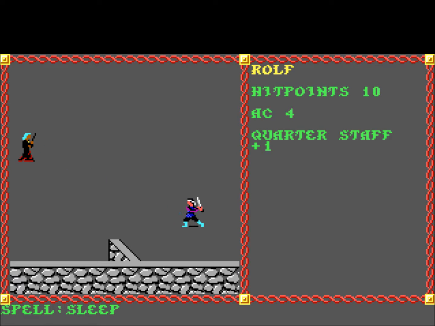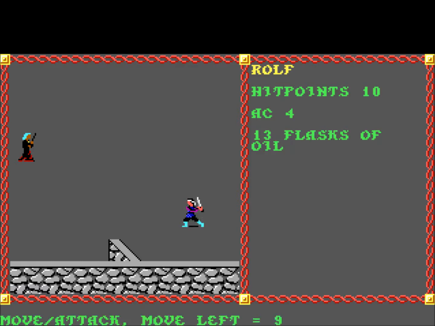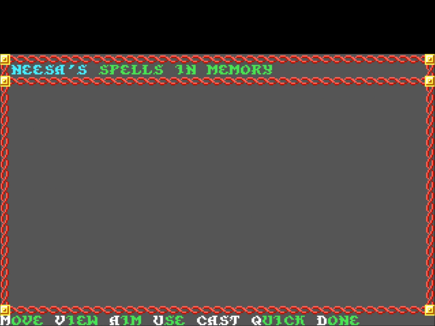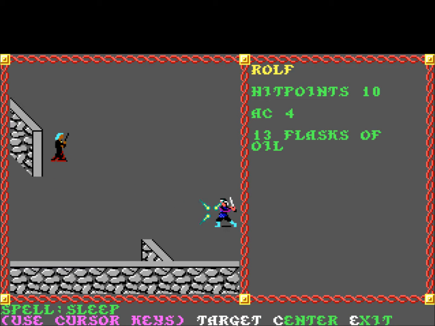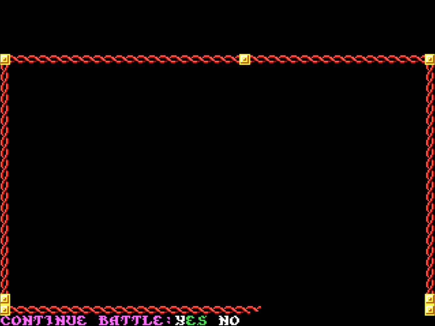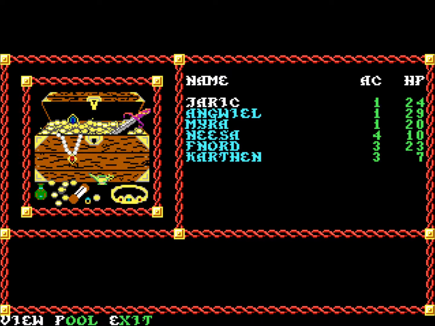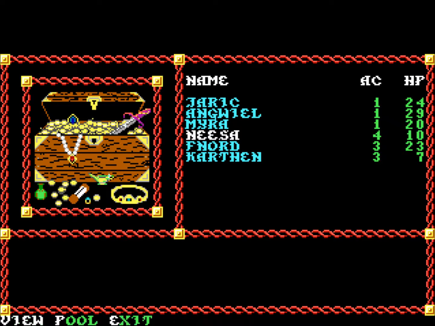Okay, she's asleep. You're going to think about using flasks of oil, but you're not in range and you don't know how to move, so. There must be some sort of AI for... Ooh, now it's time to pool. Ooh, I actually have enough for two people to train. So if I have enough for two people to train, I think...